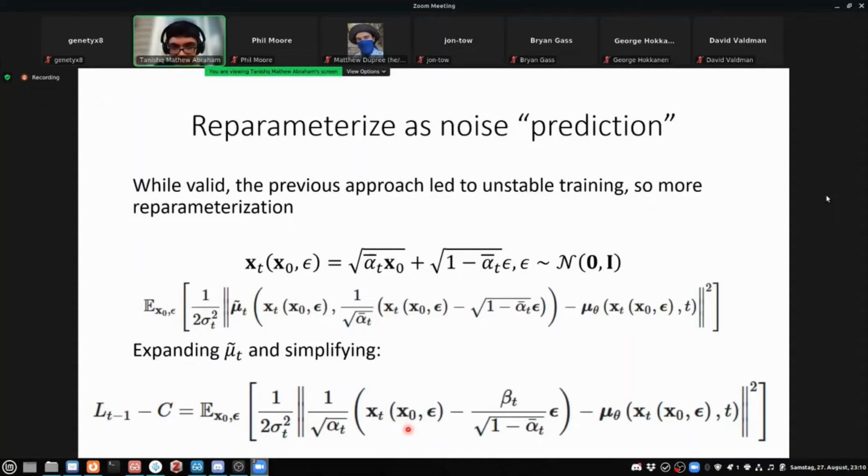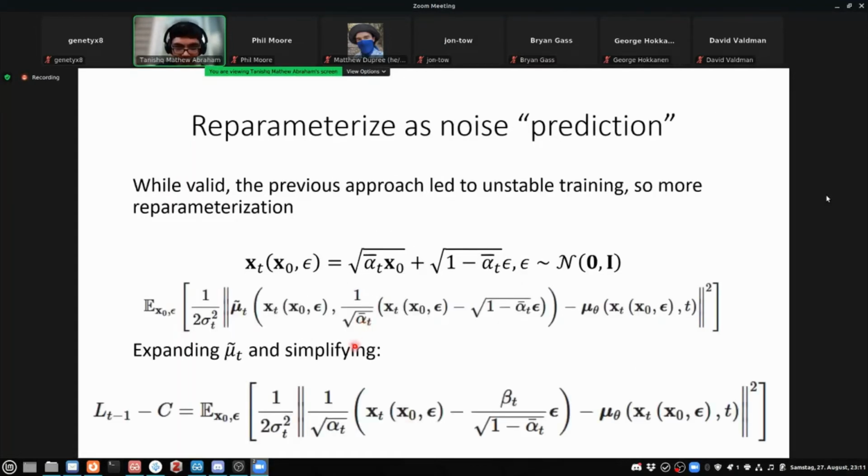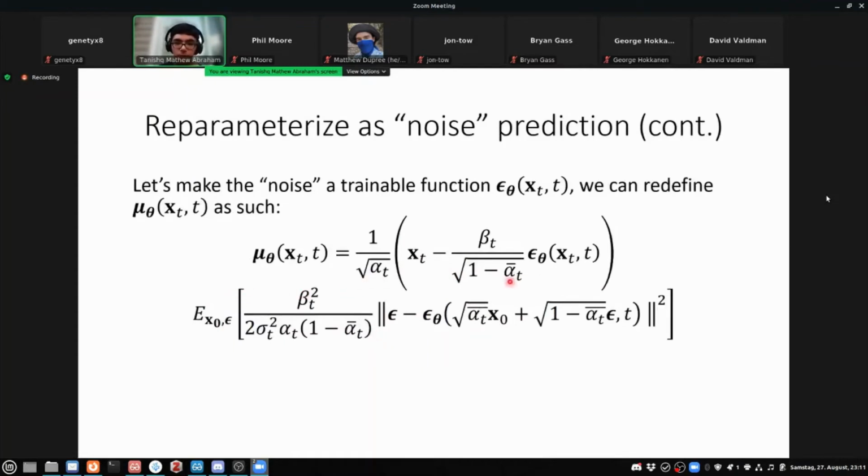It's hard to work with that, because it means we need to have x0 at all times. So instead, we can make the noise a trainable function. We're making the noise a function that depends instead on xt and the time step. Now we can plug that into the equation and do some more simplification. We plug it in, redefine our function, and get this